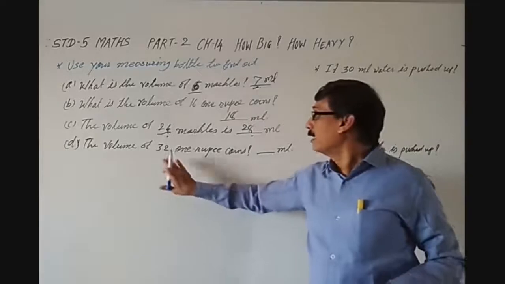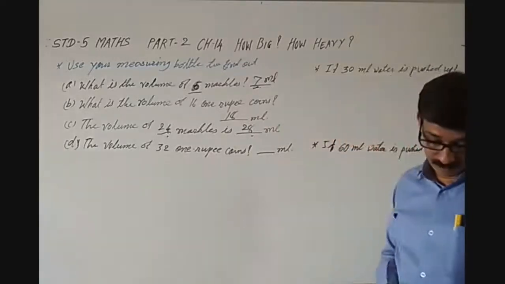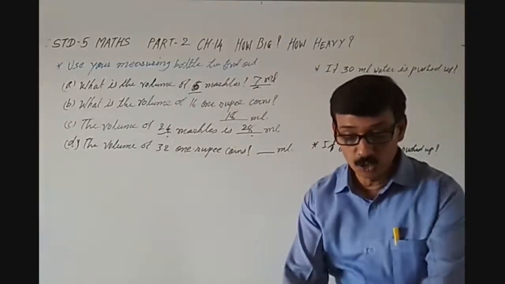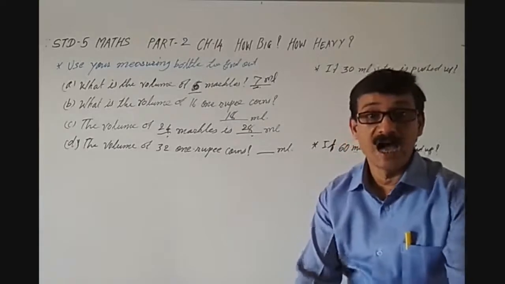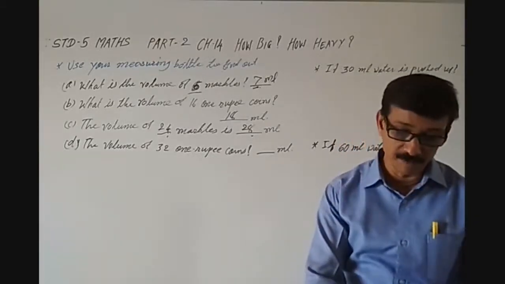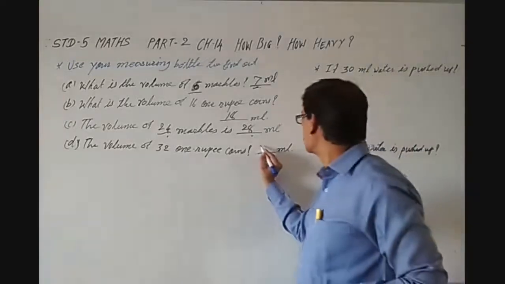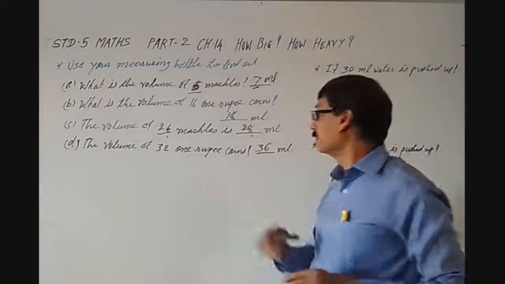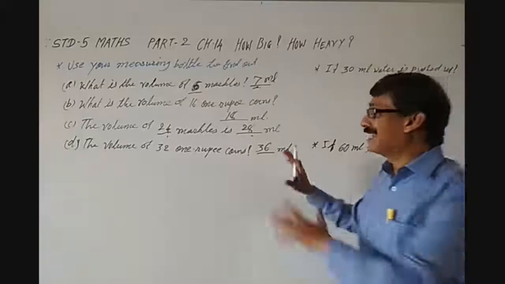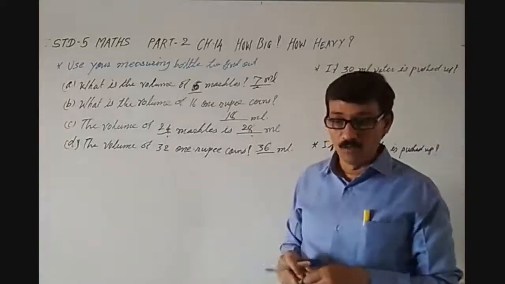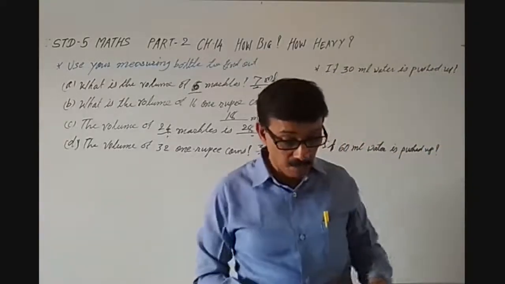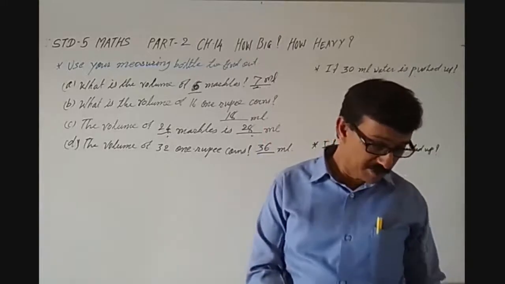Okay. Then 32 1 rupee coins. Then how many milliliters of water will it push up? And that is 36 ml. Okay. So practically also you will be able to find it out. Now one more question is that